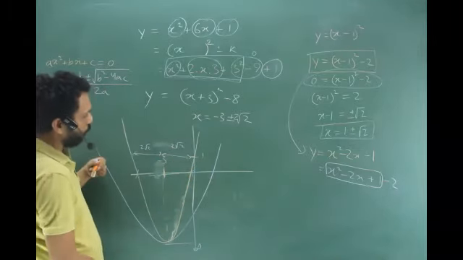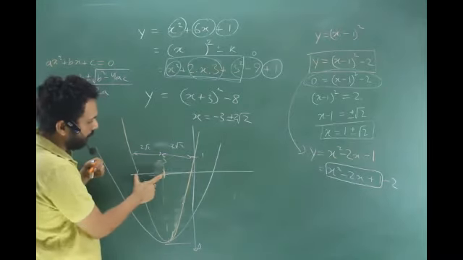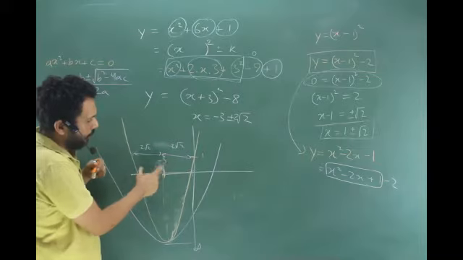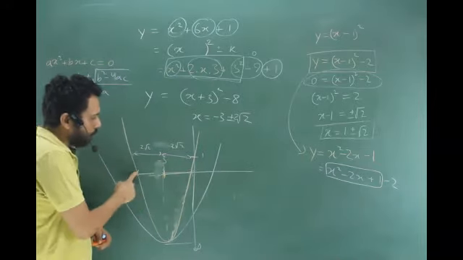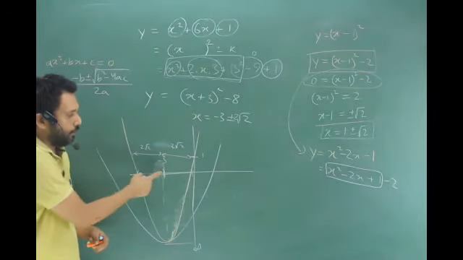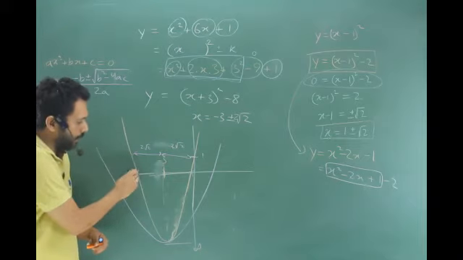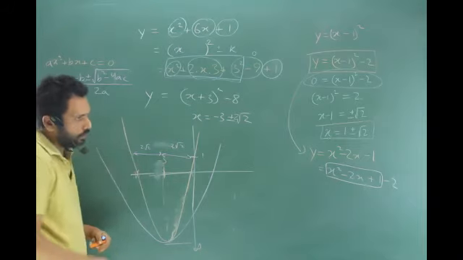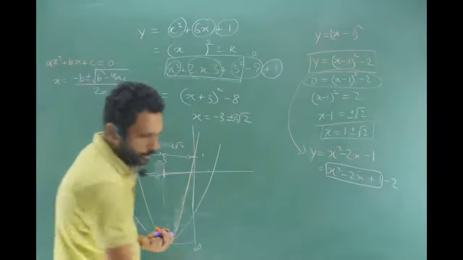The main thing to note over here is this is the middle point. This side of the middle point and that side of the middle point are symmetric. It is minus 3 plus 2 root 2 and minus 3 minus 2 root 2. So minus 2 root 2, will it be beyond 5 or within 5? It will go almost to 6, just short of 6, right? So you can see that it lands just short of 6, not at some random place. Got the point? Yes, sir. Is that clear? Yes, sir.